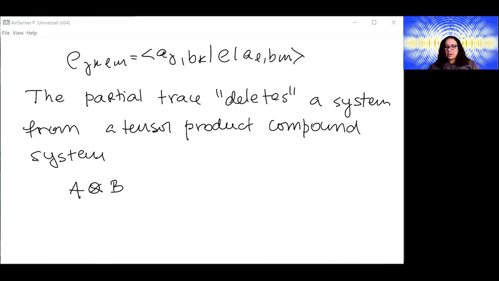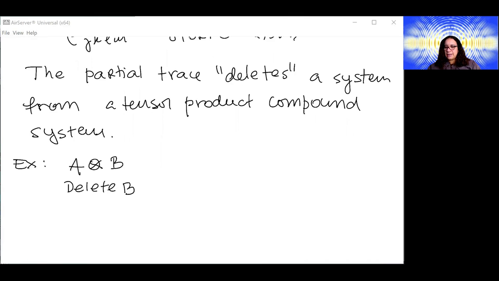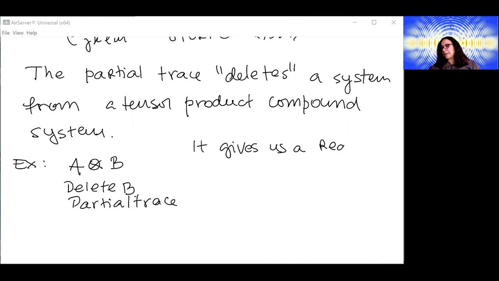And what you're going to do is this partial trace gives us a reduced state of the remaining system,